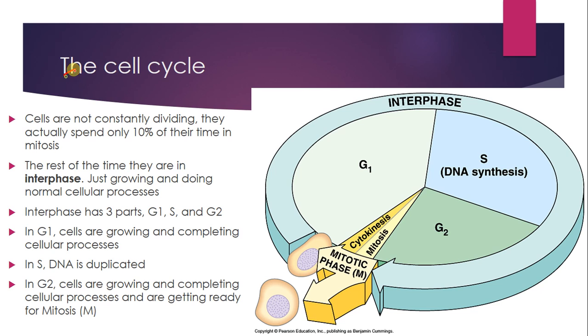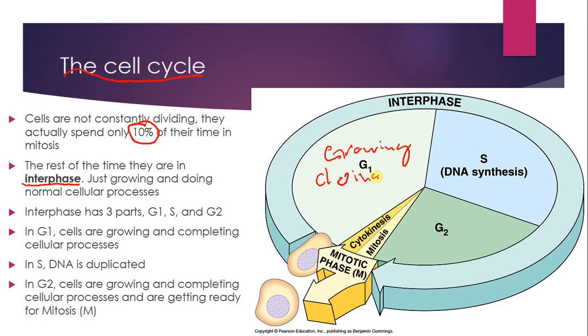The cell cycle is the pattern of cells going in and out of mitosis. So cells are actually dividing only very rarely. Only about 10% of the lifetime of a cell is spent in mitosis. The rest of the time they are just growing, doing normal cellular processes, and this is called interphase. And we can kind of split up interphase into 3 parts. The first part, G1, they're just growing